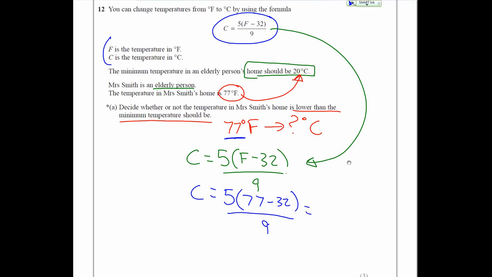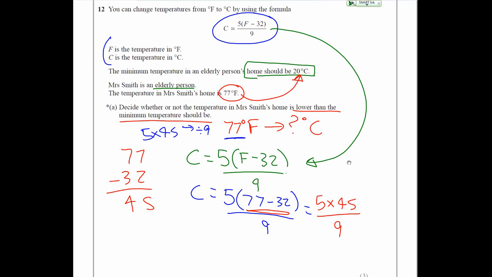We can work out the maths here. This is your BODMAS rules. You have to do what's inside the bracket first. 77 minus 32 is going to be 45. And it's 5 times 45 divided by 9. They've been quite clever by putting this on the calculator paper because there's a shortcut. Most people would do 5 times 45 and then try and divide by 9. I'm not going to do that because I've noticed that